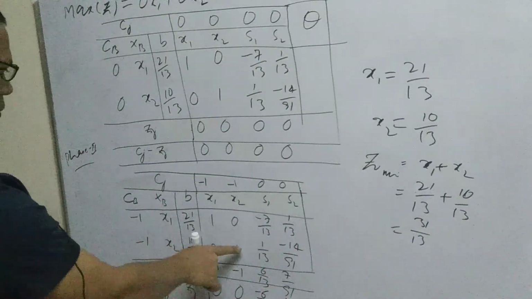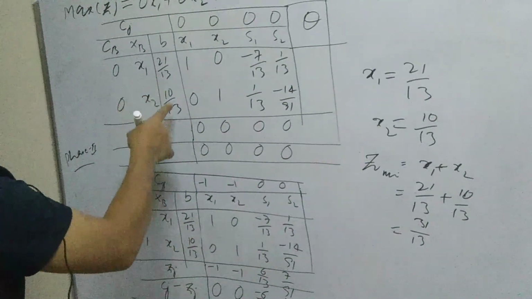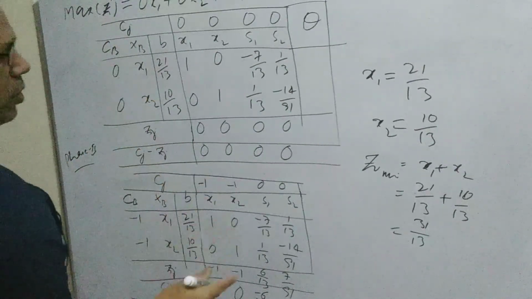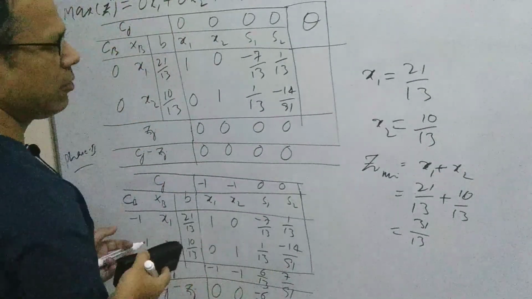x1, x2. We have got these values 21 by 13, 10 by 13. So x1, x2 already here, and x1 plus x2 is 31 by 13. So this is the solution of